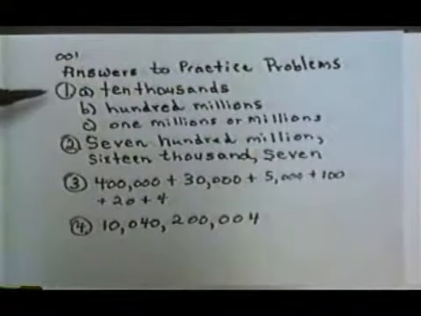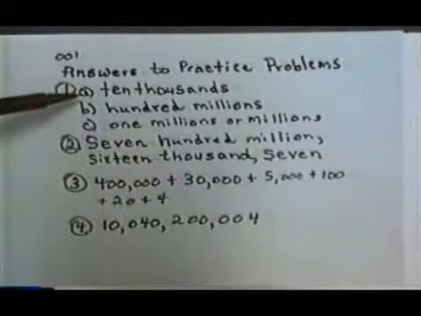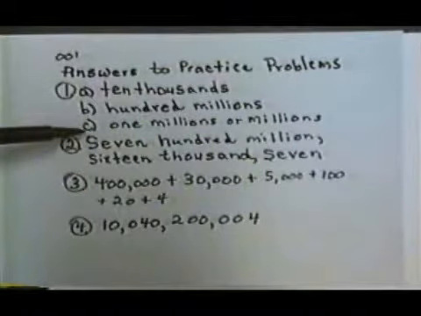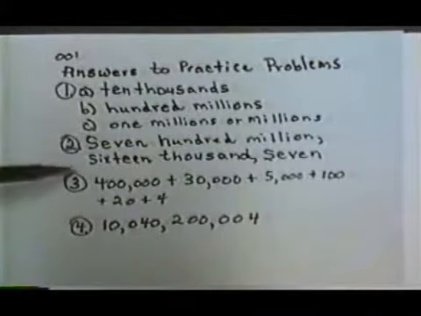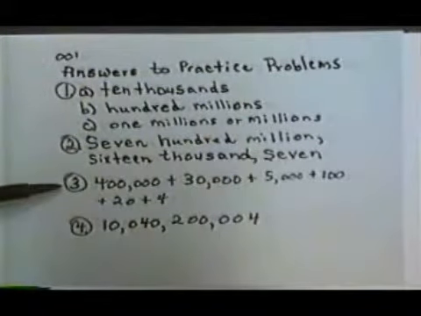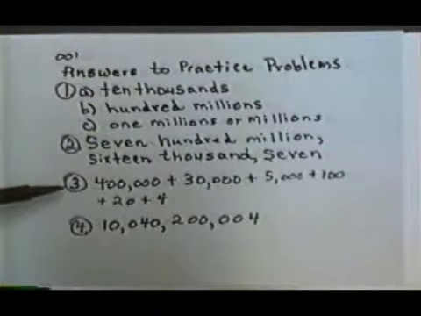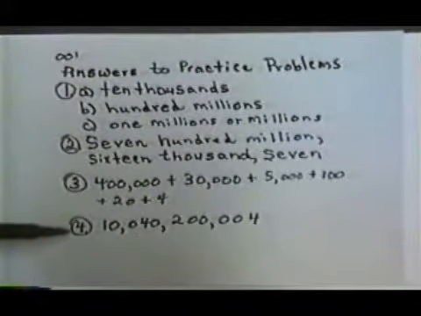Here are the answers to the practice problems. Number 1A is 10,000s, B, 100 millions, C, 1 millions, or you could just say millions. Number 2, 700 million, 16,007. Number 3, 400,000 plus 30,000 plus 5,000 plus 100 plus 20 plus 4. Number 4,